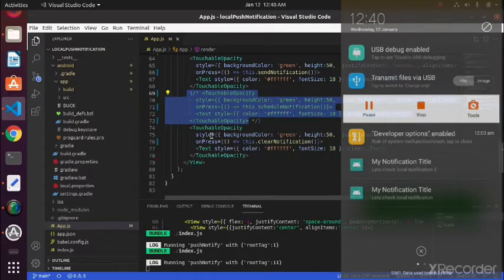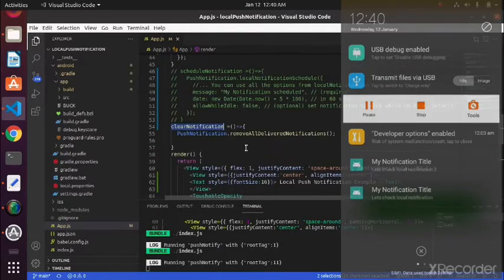I am calling clearNotification. What clearNotification is doing is nothing, just calling this function from PushNotification. It is an inbuilt function this package provides us, removeAllDeliveredNotifications. Once I click this, these notifications should be removed. Okay, let's check.